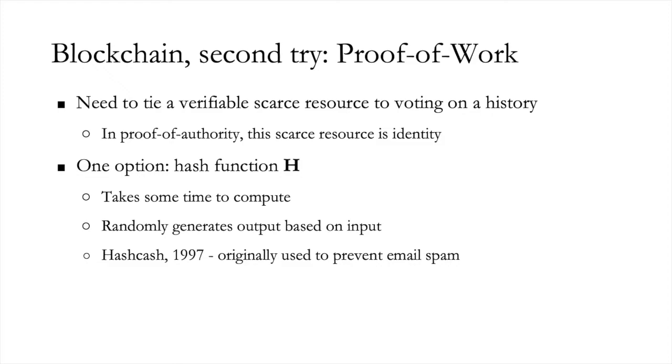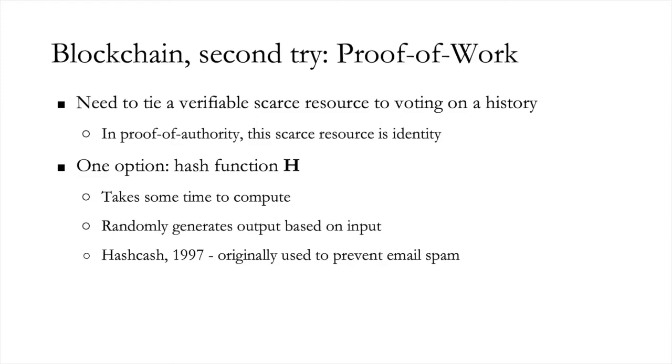This was originally invented not for distributed ledgers or blockchains, but with Hashcash to prevent email spam, to try to make it costly for companies to send a lot of nonsense email by requiring that they submit, over the body of the email and some nonce, a hash function lower than some target, just like in Bitcoin. I don't think it worked with email because companies which wanted to send spam could just rent a lot of computing power. But it was a novel idea, and it turned out to be much more useful in the context of blockchains.